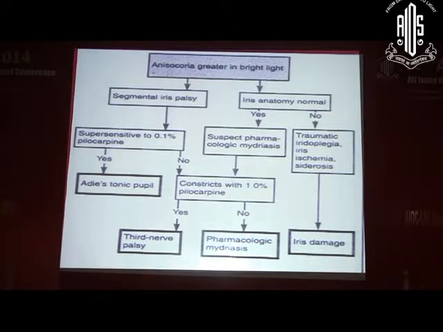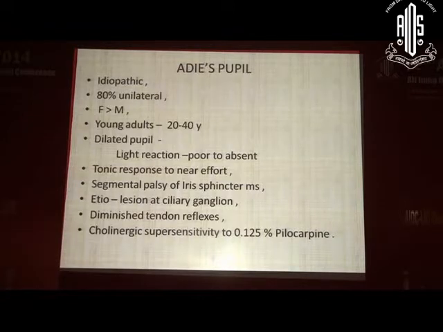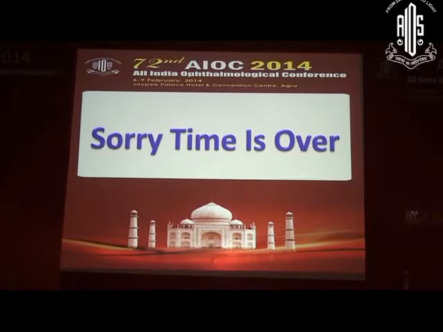Now anisocoria, which is greater in right eye, you go from normal examination from the slit lamp onwards. If there is iris damage, then it is most likely traumatic. If there has been a history of pharmacological drug use, then that could be the cause. But the two more important conditions are third nerve palsy and Adie's tonic pupil. Adie's pupil is 80% cases unilateral, and it is seen in young adults. It usually goes on to be bilateral, and the dilated pupil does not have a good reaction to light. It is tonic, as is the history, and it has diminished tendon reflexes.